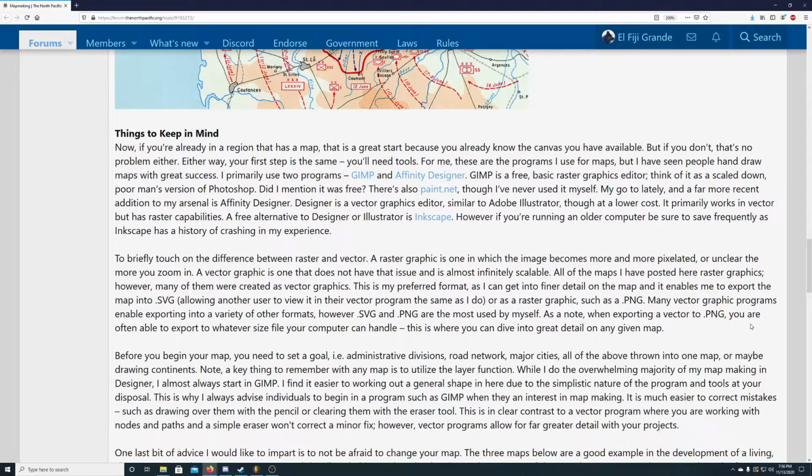Things to keep in mind. Now, if you're already in a region that has a map, that's a great start because you already know the canvas you have available. But if you don't, that's no problem either. Either way, your first step is the same. You'll need tools. For me, these are the programs I use for maps, but I have seen people hand draw